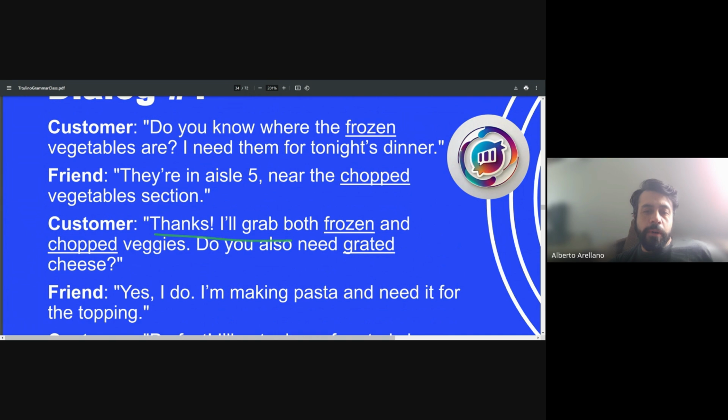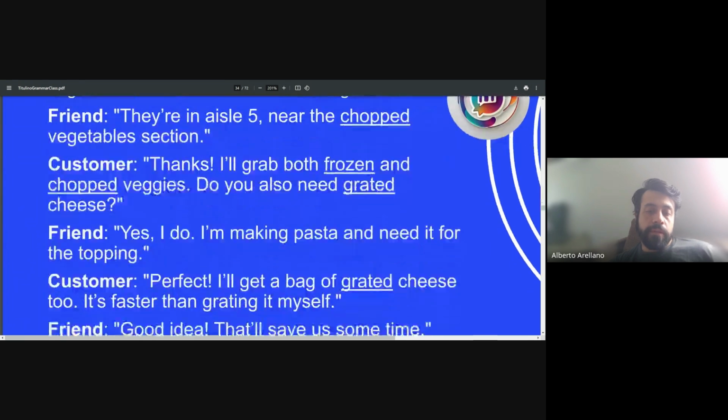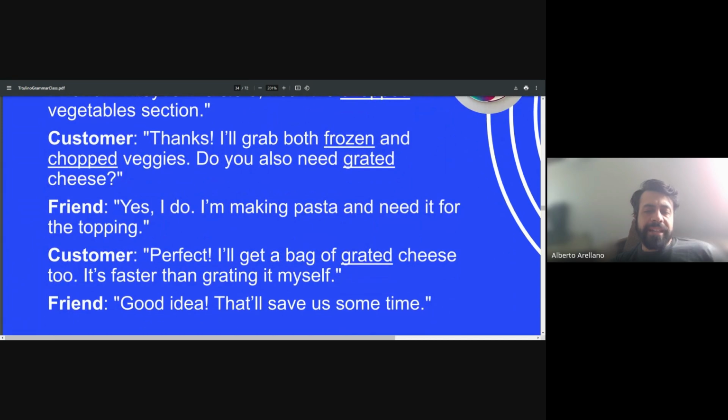Thanks. I'll grab both frozen and chopped veggies. Do you also need grated cheese? Usted. Yes, I do. Perfect. I'll get a bag of grated cheese too. It's faster than grating it myself. Usted. Good idea. So,